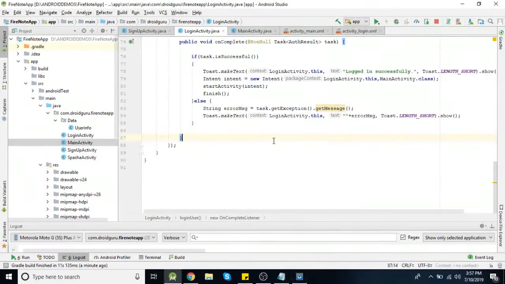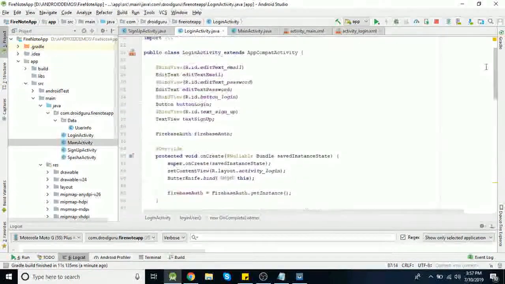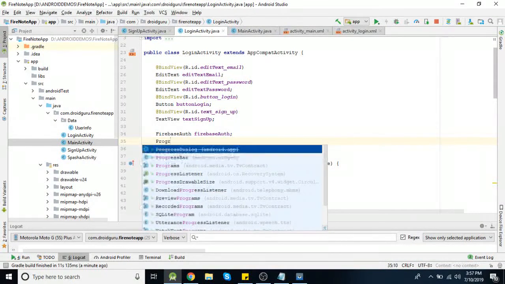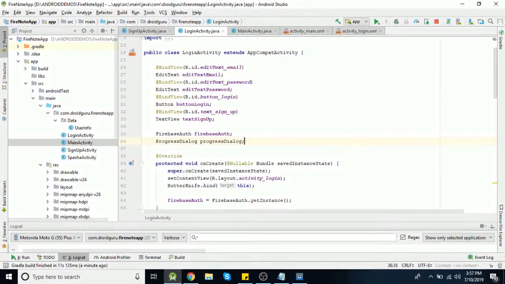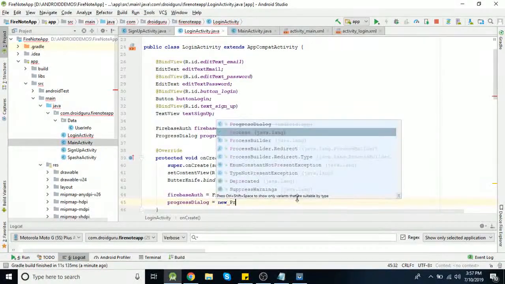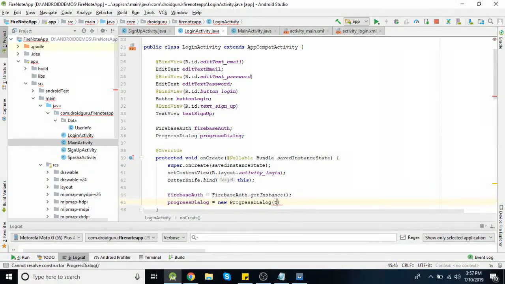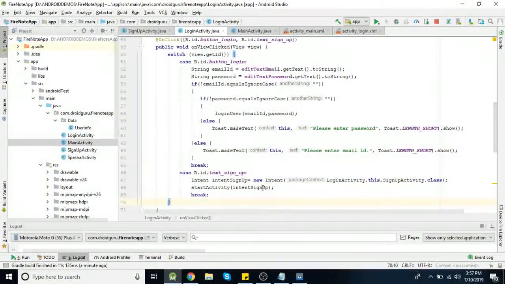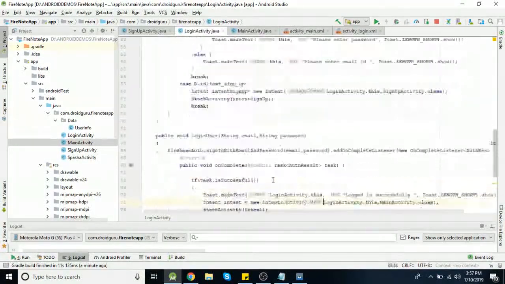Here also we'll add some progress bar. So progress dialog, we need to initialize it. And we'll show that dialog here in the login function.